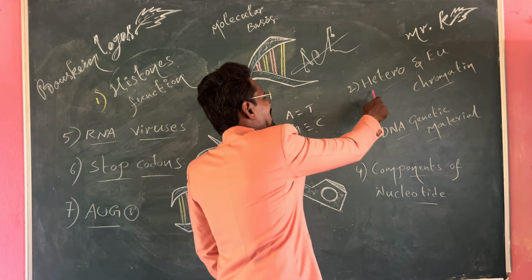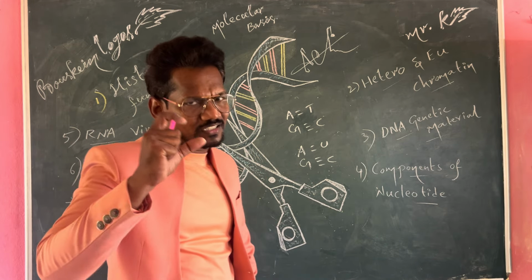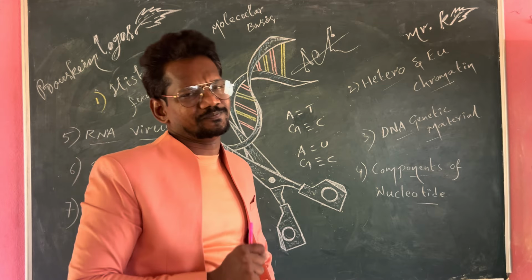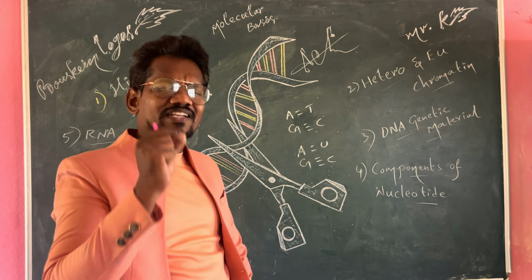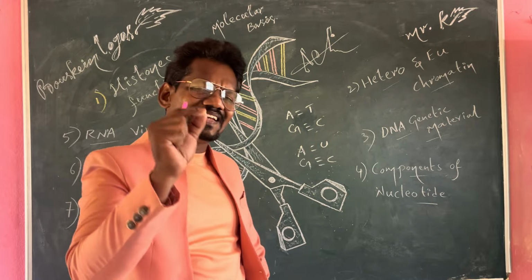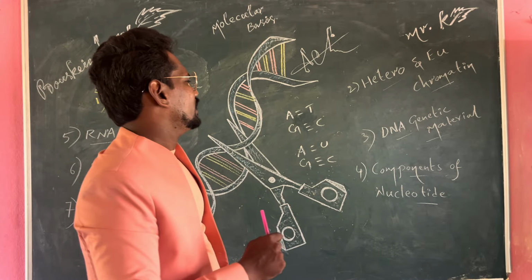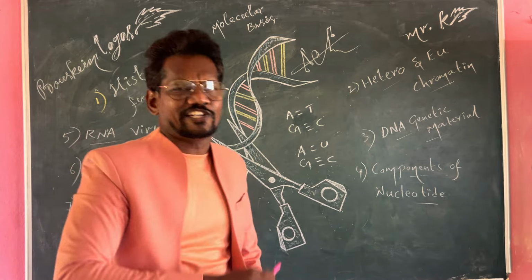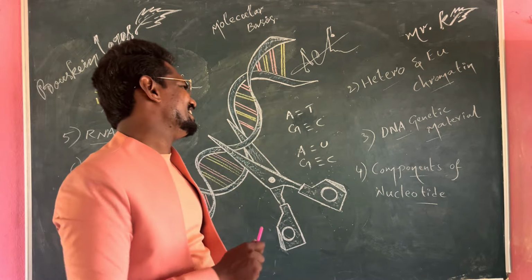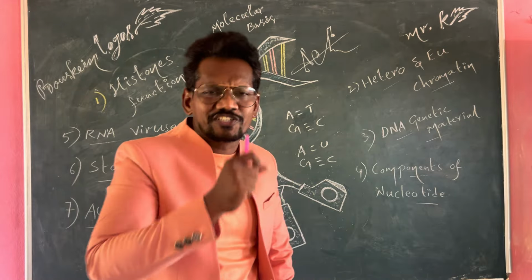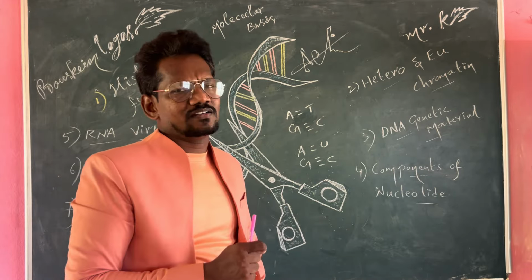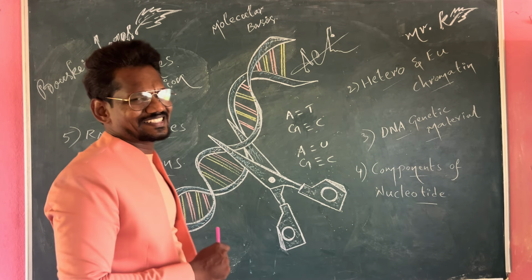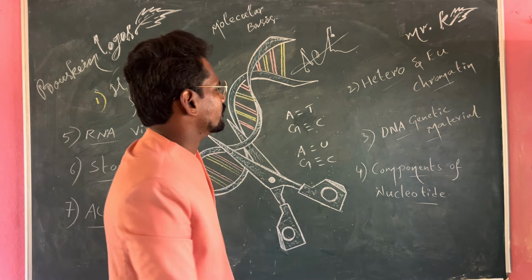Here heterochromatin staining is dark. Coming to euchromatin, staining is light. Hetero darkly stained, eu lightly stained, and heterochromatin is transcriptionally inactive, but euchromatin is transcriptionally active. So these are the main differences between hetero and euchromatin. Don't be confused. Followed by